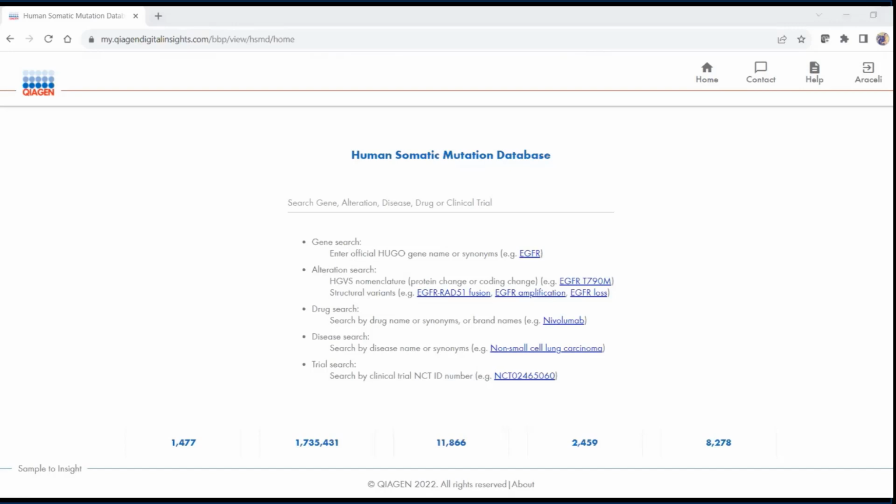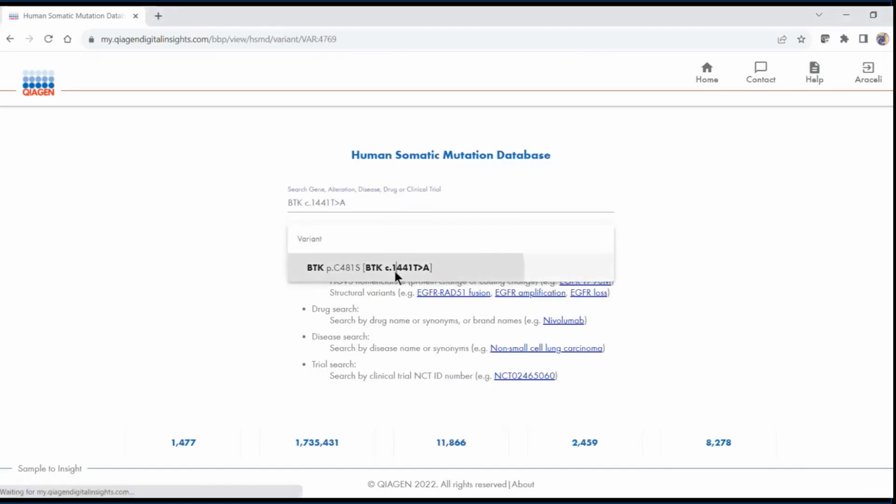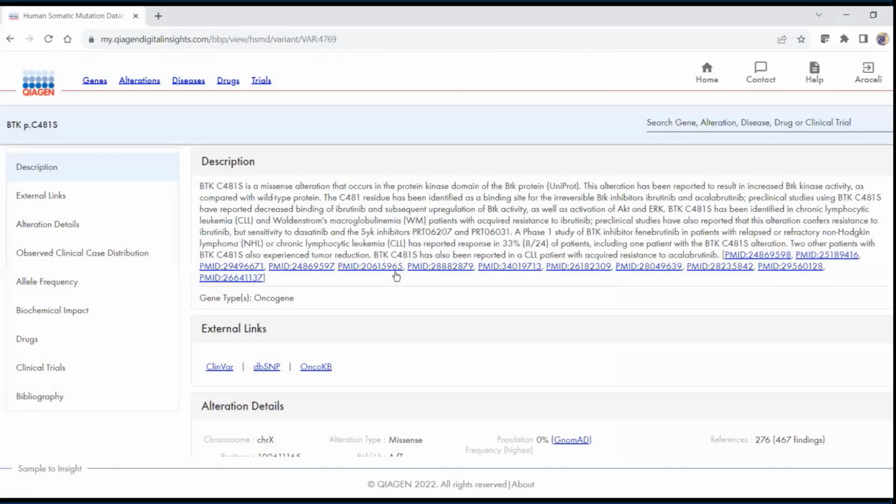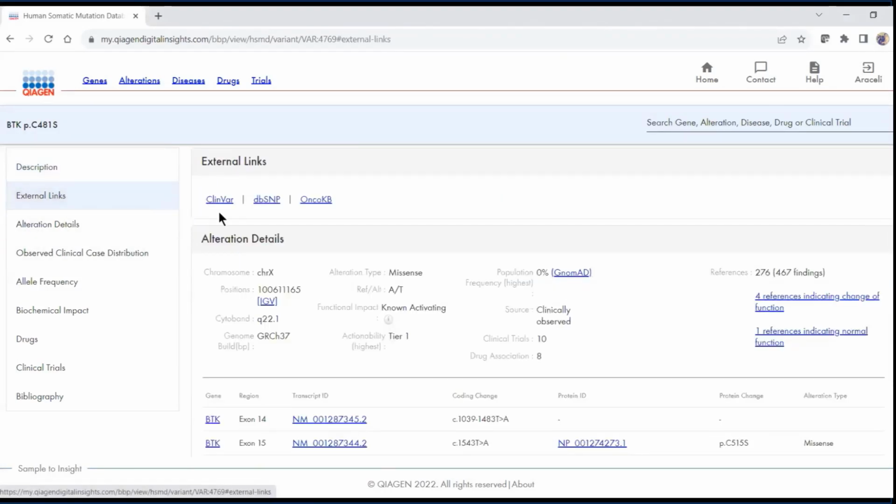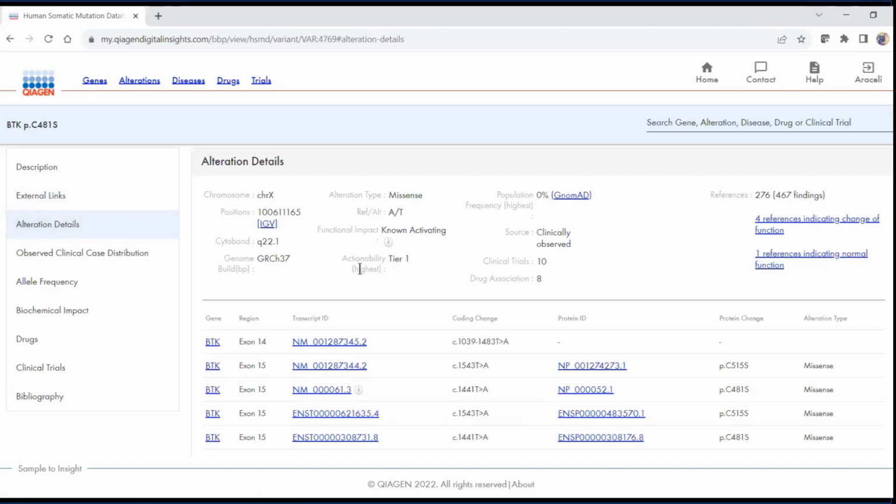Let's take a look. Here, you can easily search for your variant of interest and open up the variant information page. On this page, HSMD provides a description of each variant, including the functional impact with hyperlinks to supporting literature sources, external links to ClinVar, dbSNP, and OncoKB for further validation, complete alteration details, including the position of the variant, the alteration type, as well as the functional impact with a descriptive comment and hyperlinks to the supporting literature,